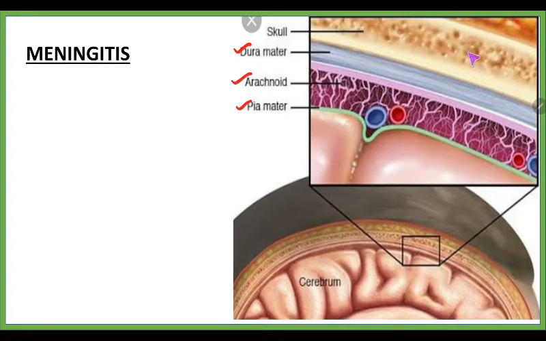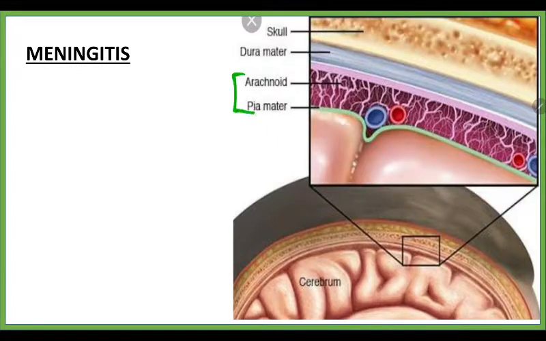The space above the dura is the epidural space, below the dura is the subdural space, and below the arachnoid is the subarachnoid space. The importance of these spaces is that the subarachnoid space has the CSF, and the subdural space has the veins that bridge the sagittal sinus above and the subarachnoid space below, that is, the bridging veins. Now coming to meningitis proper, there is inflammation of the meninges, and let us see some terms related to